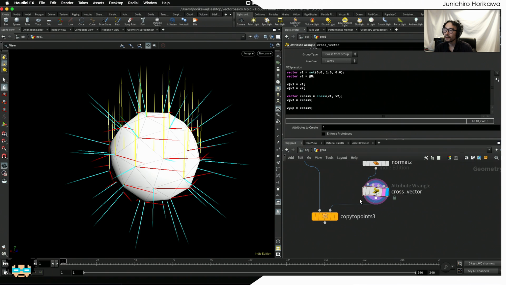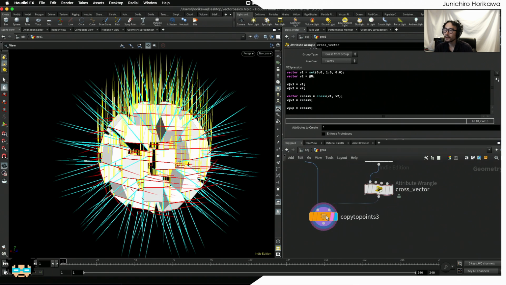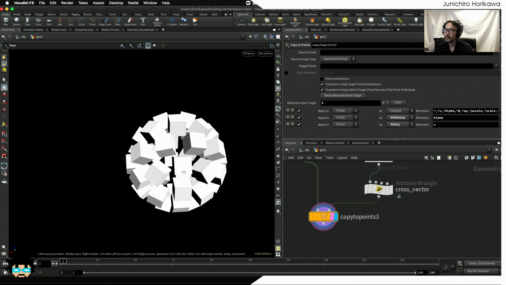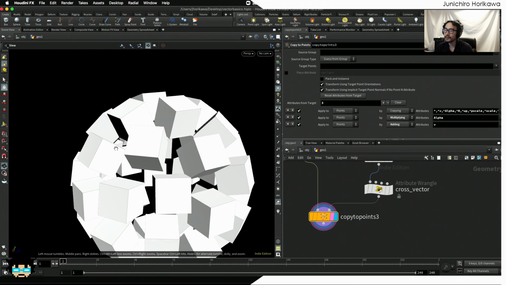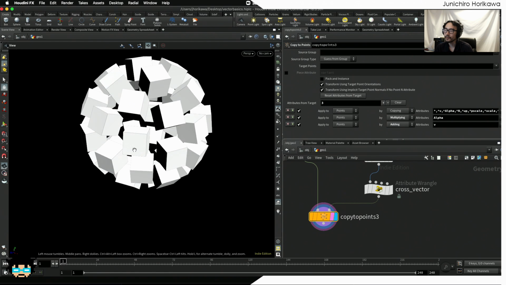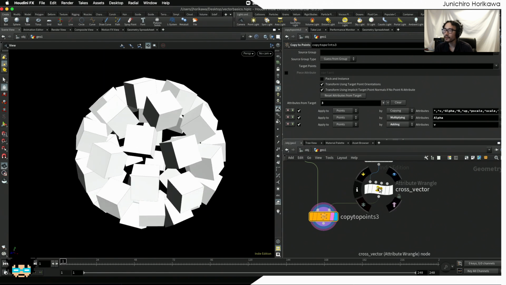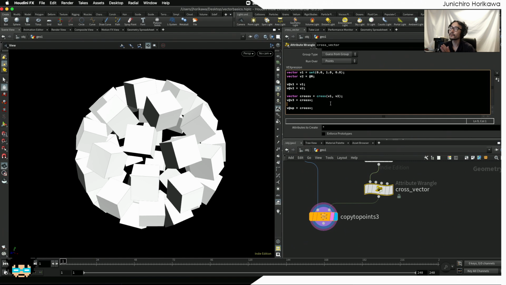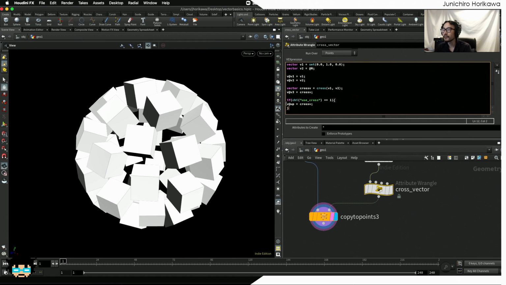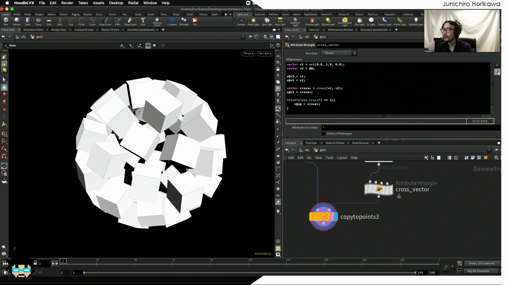Okay, and go back to the box and hide the marker and look at the box orientation. And you might have noticed some changes here. The orientation has changed from the previous one to the next one using the cross vectors. Now let's try to see the difference by creating some switch. If chi use cross is equal to 1, then update the up vector with the cross vector and